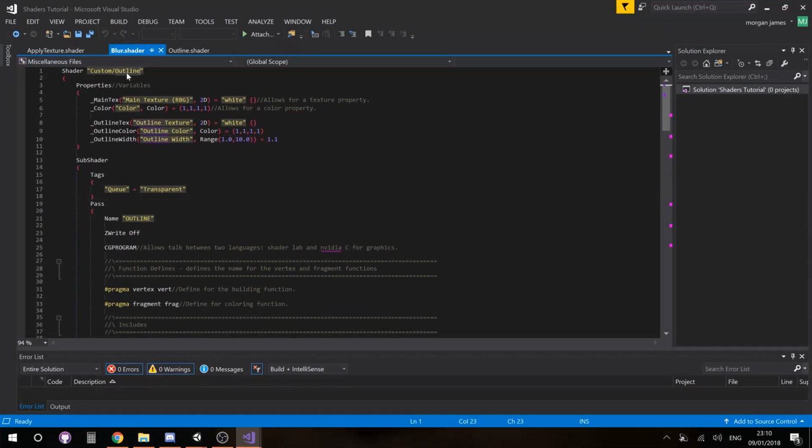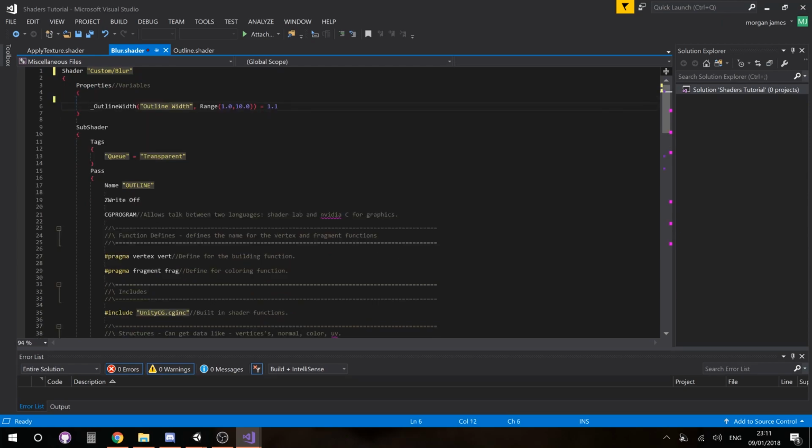Now that we're inside of our blur shader, we can rename it to blur, get rid of these variables and replace them with an intensity. So we can call this blur intensity,